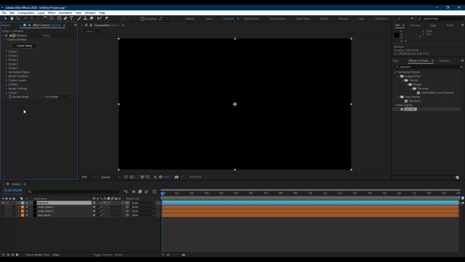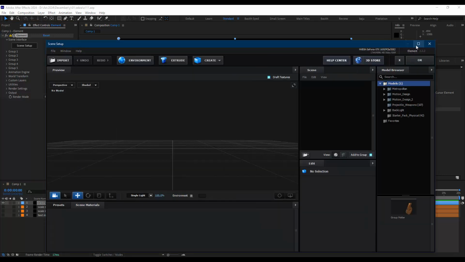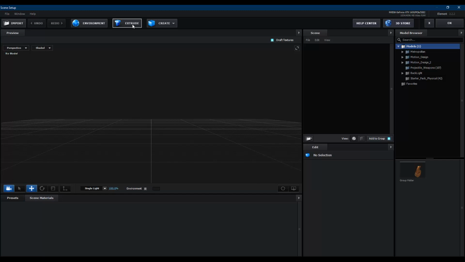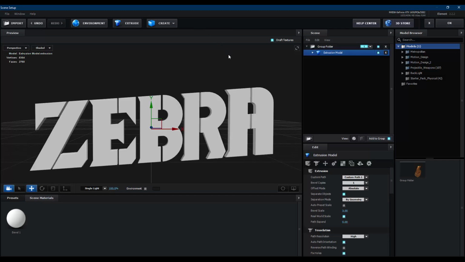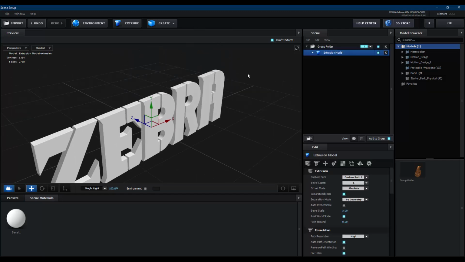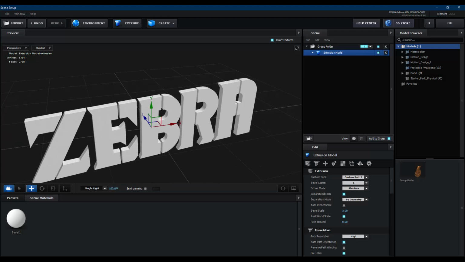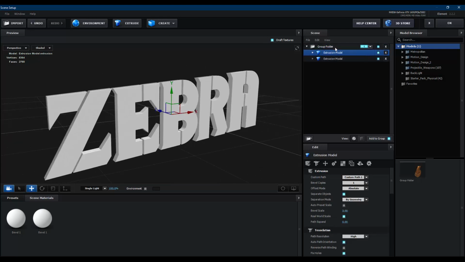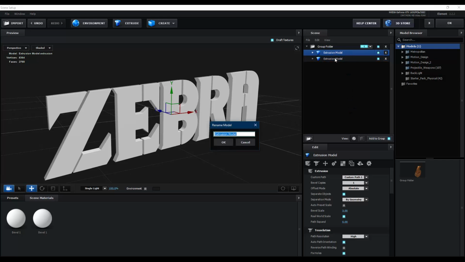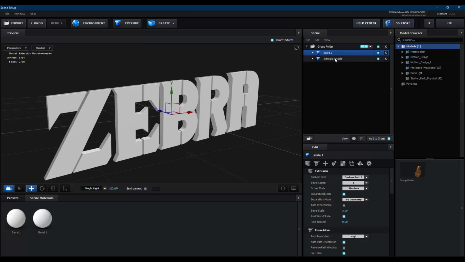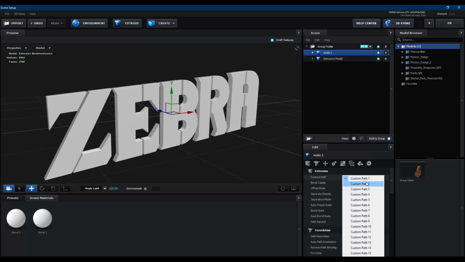Just close it, click scene setup. It can take a second. Let's click extrude, then it has extruded the text. Extrude again, call this scale 1, then use the custom path 2,